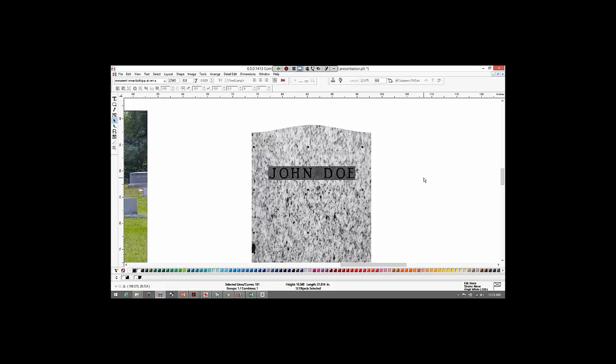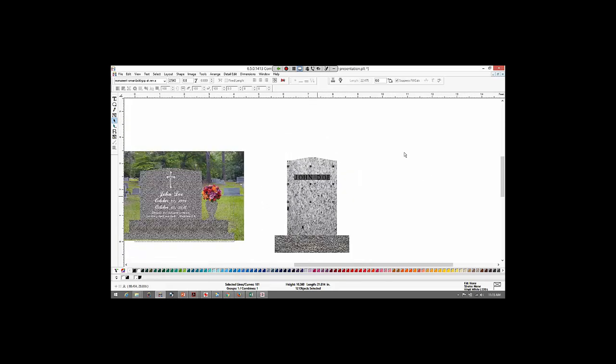Excellent. So there's our stone, and then you kind of repeat the process if you want to add additional areas with different vectors. And I'm just going to do it real quick. This time, I'm going to do it a little differently. So I'm going to type in some new text again. I'll type in